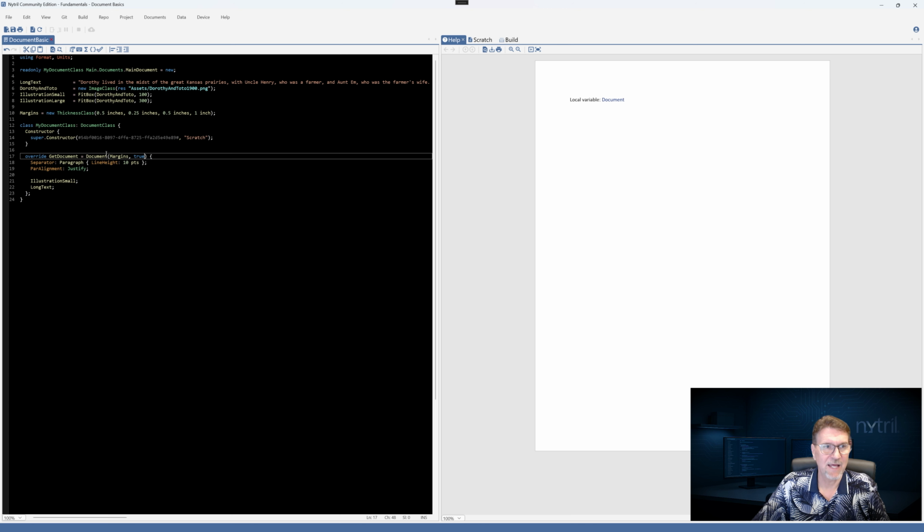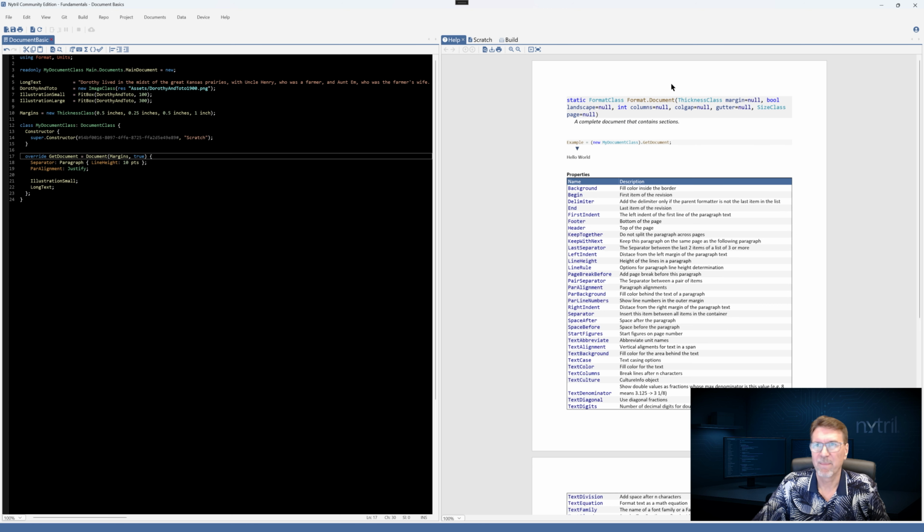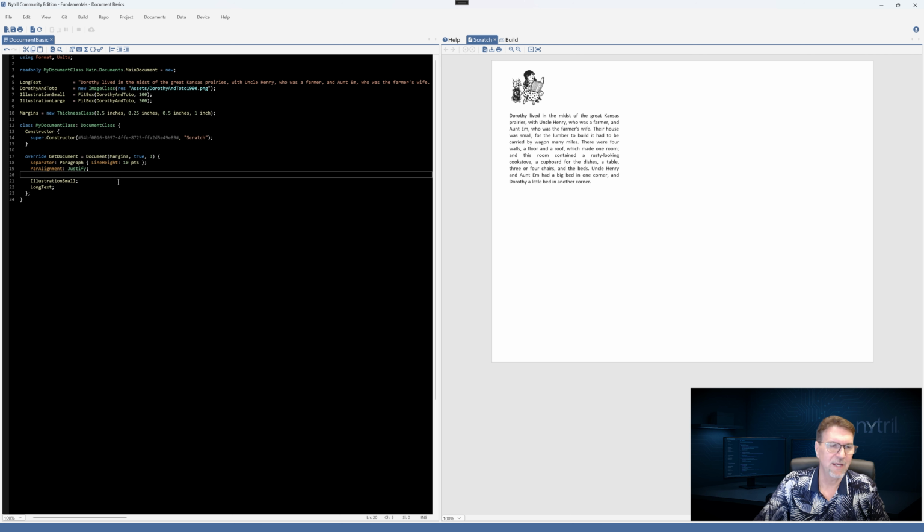So let's go to the next item in the list, which is columns. And then after that is column gap. So let's start by giving it, let's say, 3 columns. Let's press F5. Now our content is all shoved over here into the first column and the other 2 are empty. So we're going to take just a second here to build out these columns so we can see them.